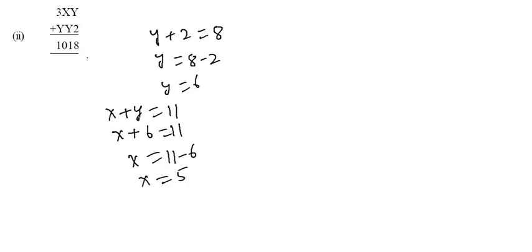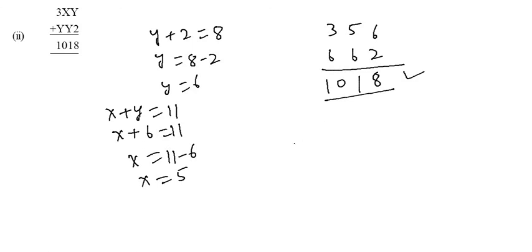So let us check what will happen. So 3x is given as 5 and y is given as 6, and here y is given as 6 and further 6 and 2. Now add them, 6 and 2 that is 8, and 6 and 5 is 11, and 3 and 6 is 9, and 1 is 10. So our answer is correct. That means the value of x is 5 and value of y is 6. So that will be your answer.